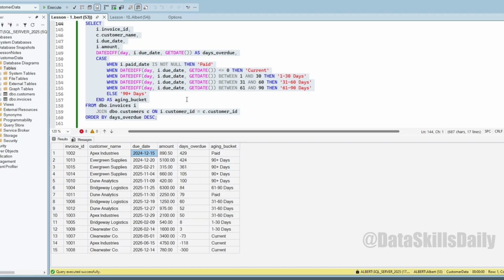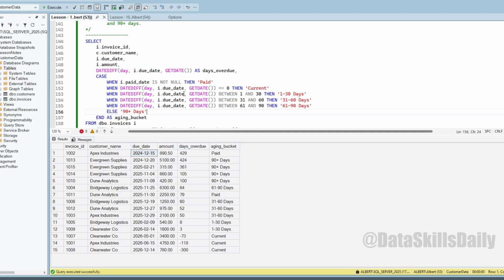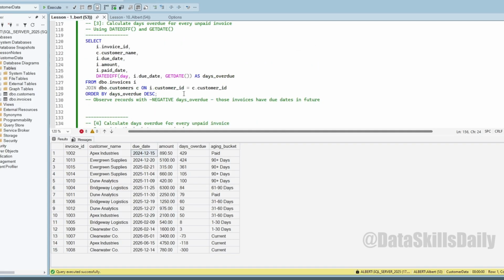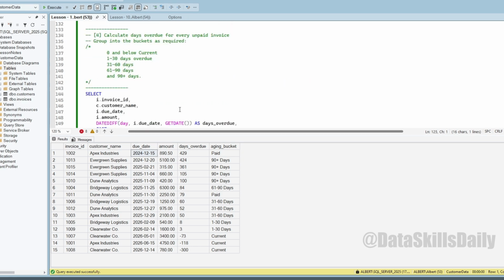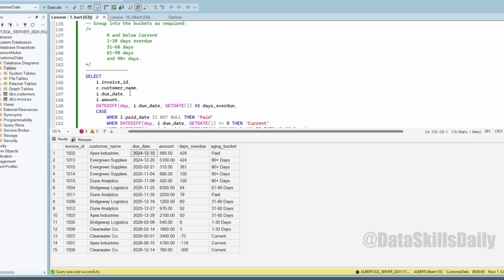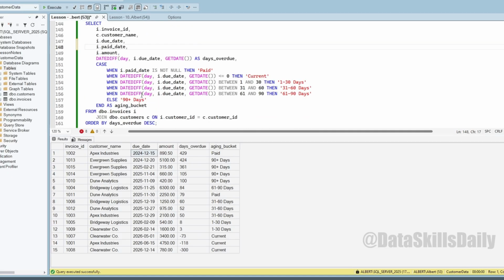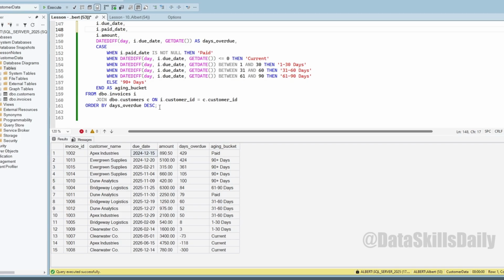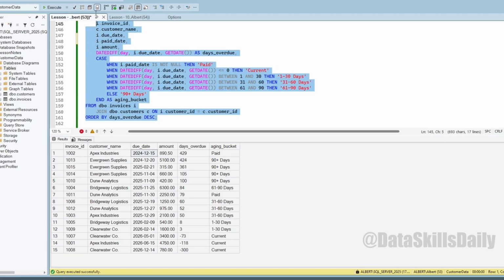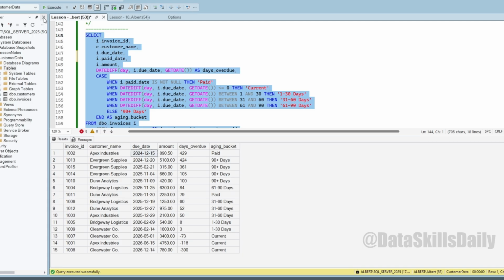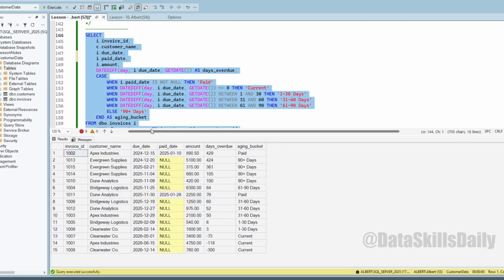I think we haven't put, maybe if we introduce the payment date, it will make more sense for those records where we have paid. So let's just introduce that. Due date, paid date. So let's introduce paid date, and then let us run this report again, just for more clarity around those records where we've paid. So if you see this is paid,